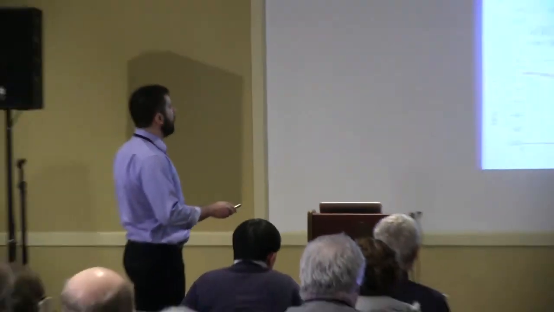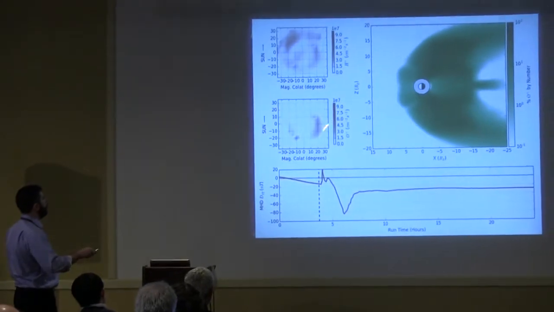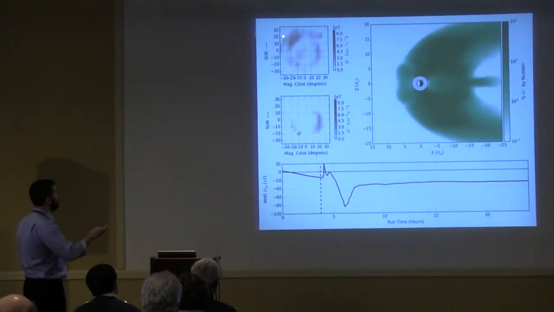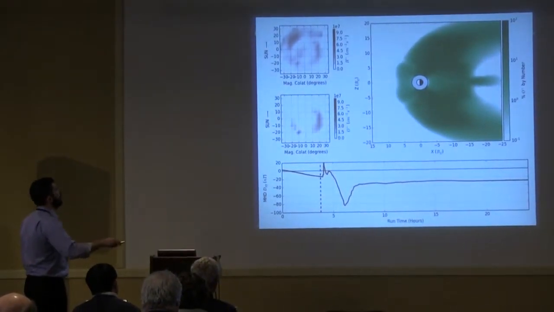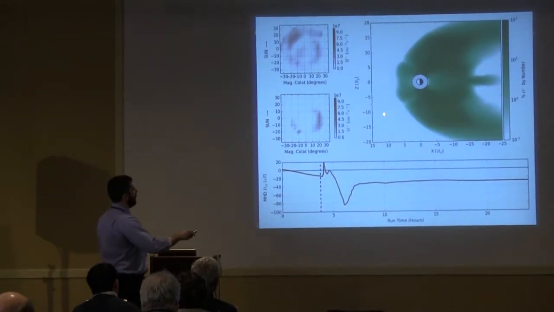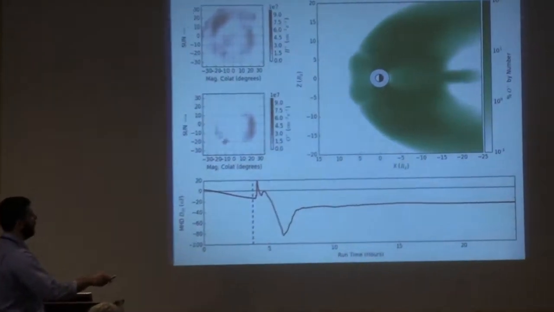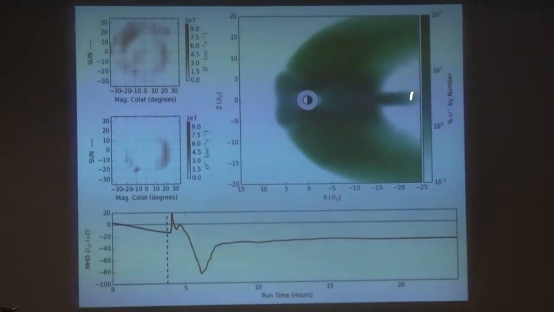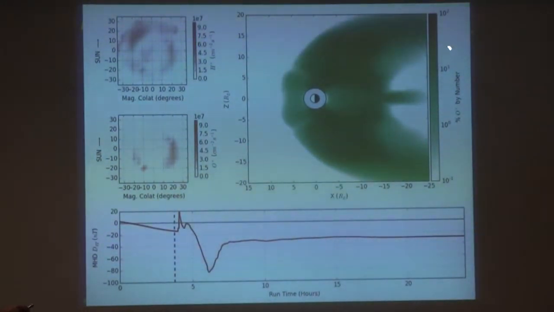So for a first level proof of concept simulation, we are taking results from an already performed simulation and applying a one-way coupling. This is what that looks like. What we're looking at here is the results for the GPW, and these are the hydrogen and oxygen fluxes driving BATS-RS. Now we're looking at the noon-midnight meridian plane in terms of the logarithm of percent oxygen by number, so the darker greens are tens of percent,